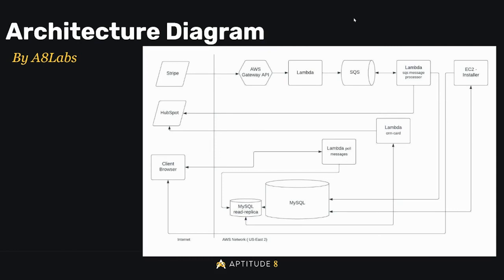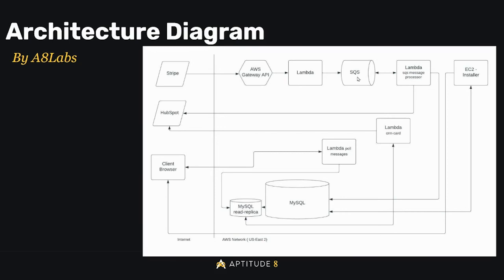So this is pretty much the diagram of what the demo looks like. You can see we're going to be sending Stripe data to our gateway API. It's pretty much handed off to a Lambda, which dumps it into a queue. Generally speaking, from the Lambda to the queues, we're tagging a little bit of extra data. We're doing some checking here, and then we dump the message into the queue.